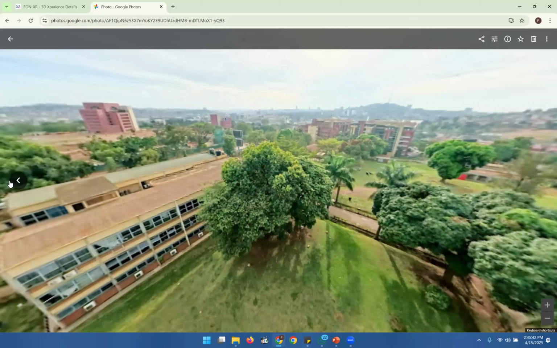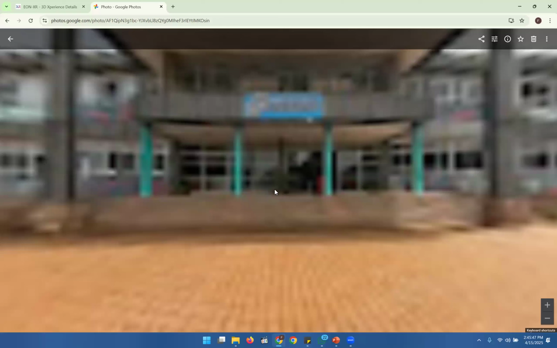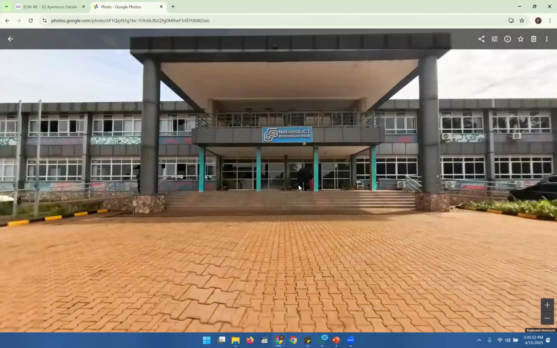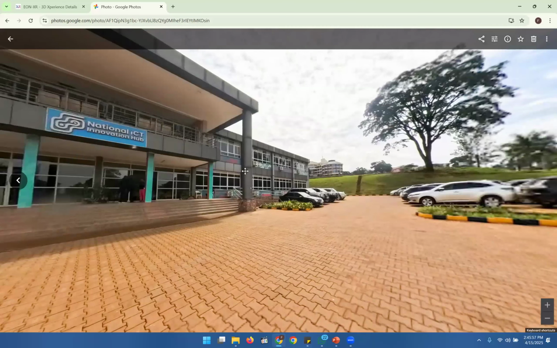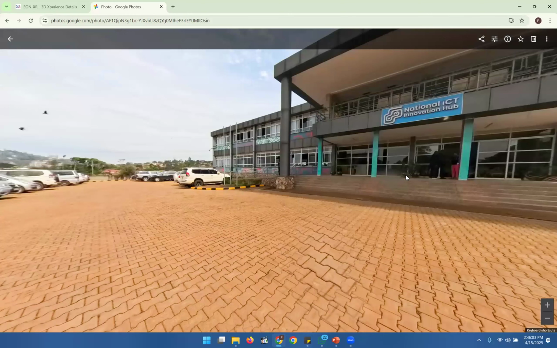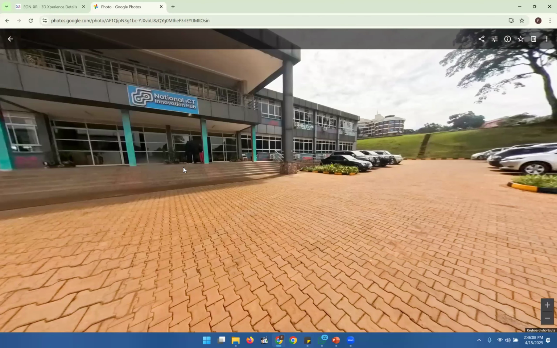You create a story of touring people. You bring your institution to the people, just like I'm doing now. So instead of you coming to UICT to see the National ICT Hub, I bring the ICT Hub to you. Okay, so here there is some limitation because I'm only showing you images of it, but there is a real application of you actually having a walkthrough within the environment. Yes, Timothy, you have a question.